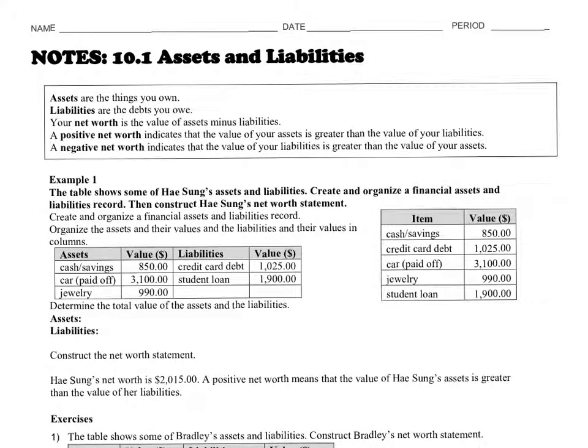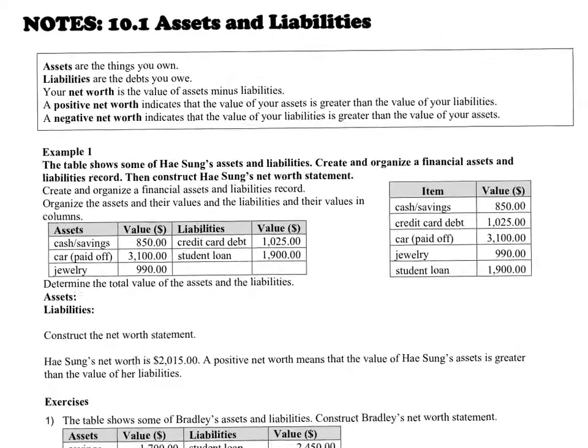Okay, so for me, an asset is my house. My car is an asset. Anything of value, so like my wedding ring technically has a decent amount of value to it, so it's an asset. Kids are not really an asset. They're more of a liability. They're not even really designated as either, okay? But house, car, any kind of cash that you have on hand is an asset. Any kind of jewelry, any kind of something that you could sell to make money. Does that make sense? Whatever's in your checking account is an asset, okay?